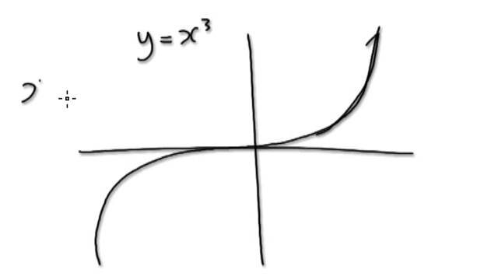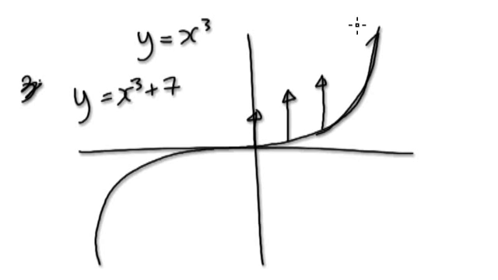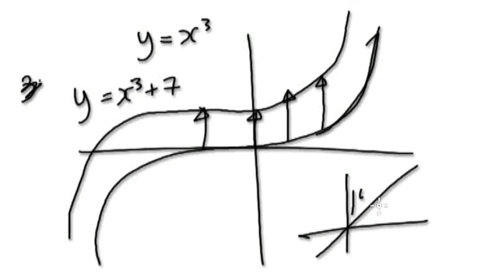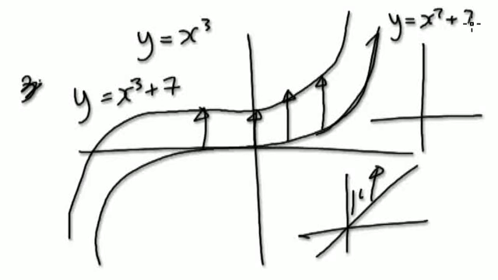And also, if you try and investigate y equals x to the power 3 plus 7, everything gets shifted up by 7. Okay, so it's pretty much the same shape, but it gets shifted up by 7. So yeah, just like your diagonal line here gets shifted up by 7. And then if you have y equals x squared plus 7, x squared looks like that, x squared plus 7 looks like that. It gets shifted up. x to the power 3 looks something like that. Okay,